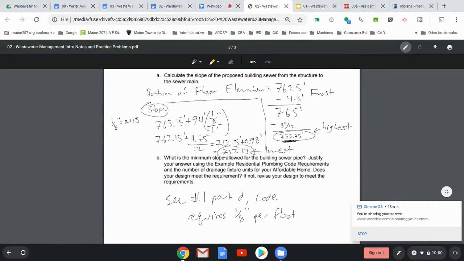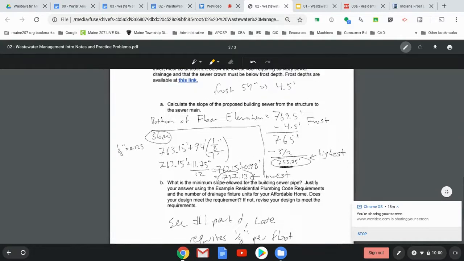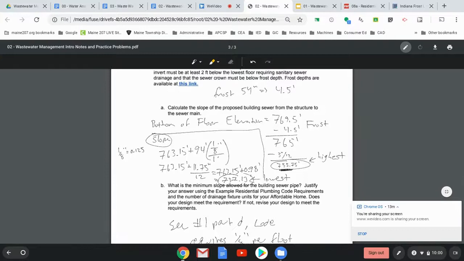And that's it. So that's how you do those example problems there. And again, the big one here, the really important one is this one here. I just want to kind of reiterate. As long as I put my building invert elevation somewhere between, so higher than 737.13 and lower than 755.75 feet, I'll be fine. I mean, you have quite a ways there. So, you know, you can use whatever elevation you want. If you have a base